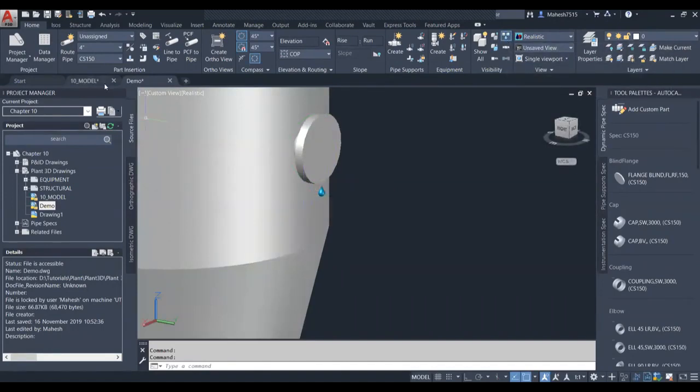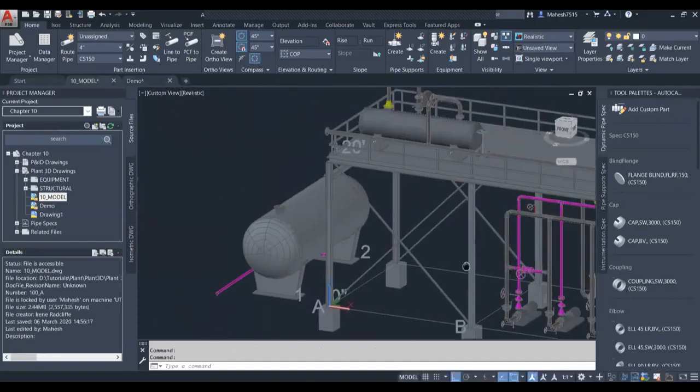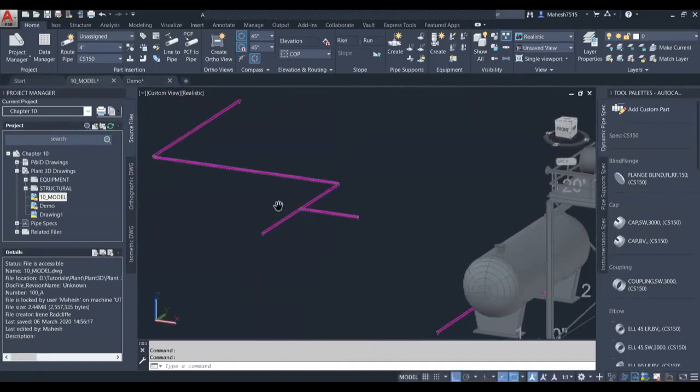While creating an ISO, we created an ISO for this pipe, hope you remember, I just created it now. In case I have created a flange here, and that flange is not connected to the pipe and is also leaking, I'll get the ISO only till the flange which is leaking. These things will be missing in the ISO.